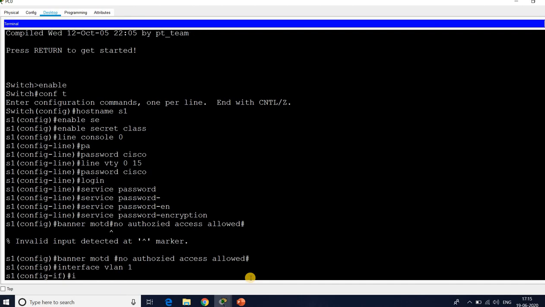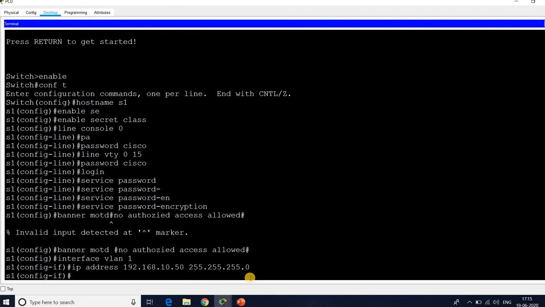So I want to give the IP address for the switch. So I can give the IP address 192.168.10.50 and subnet mask as 255.255.255.0. Okay, then no shutdown.